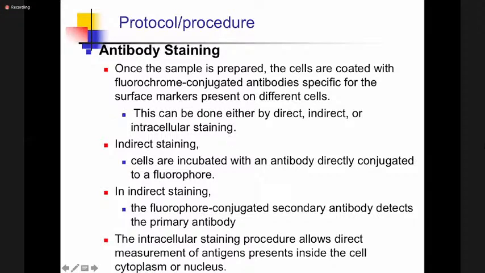So the conjugation using these markers can be done using either the direct mode or the indirect mode. You remember, it's me who taught you about indirect ELISA and then direct ELISA. When you are talking about